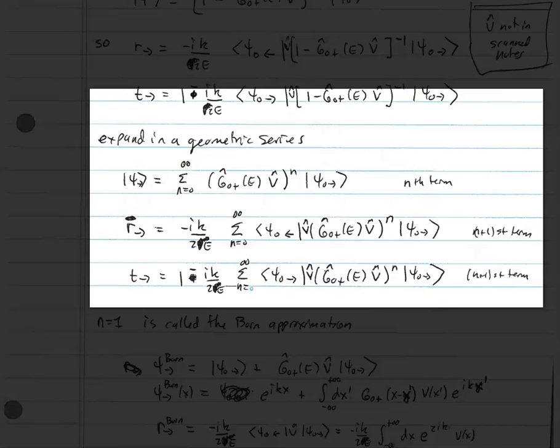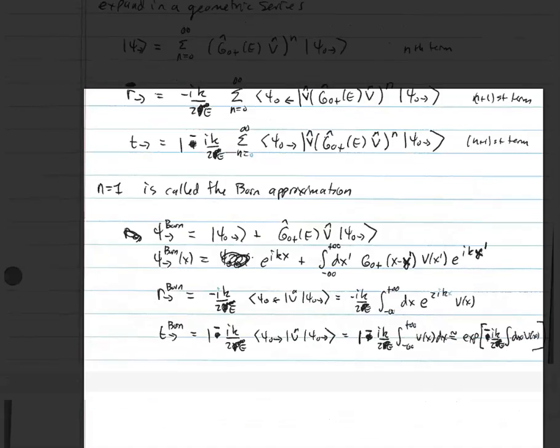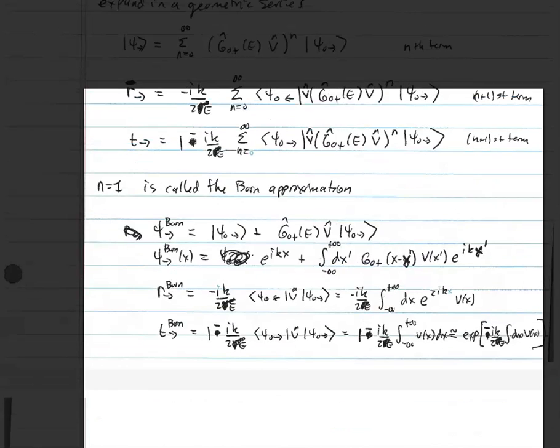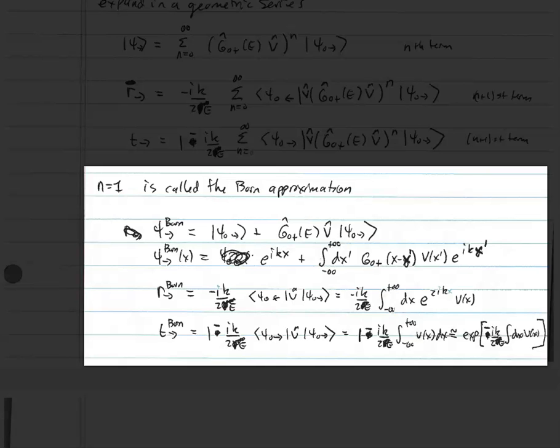If we truncate this at n equals 1, that is called the Born approximation or the first Born approximation. And it turns out in many cases, because scattering tends to be a weak thing that we're looking at, we often stop at the first Born approximation because that's all we need to get reasonably good results. So if you plug that in, what you'll find is